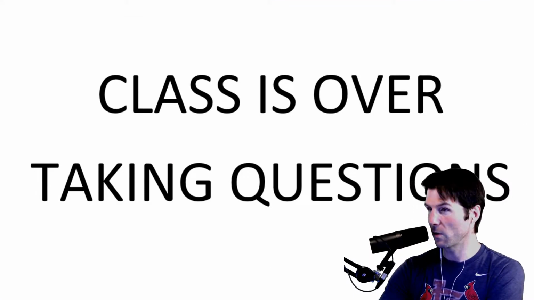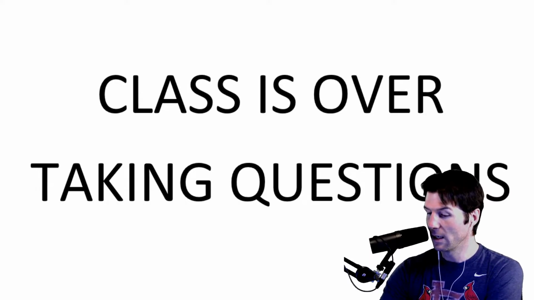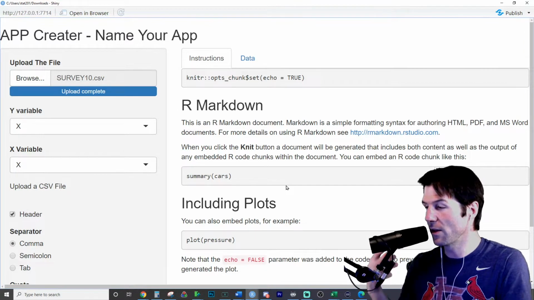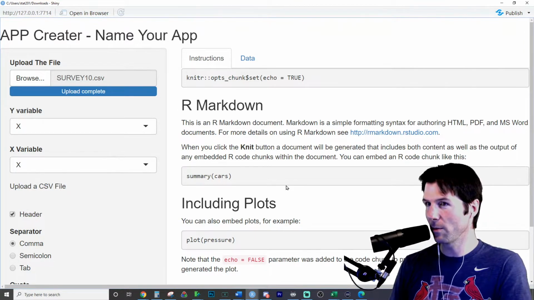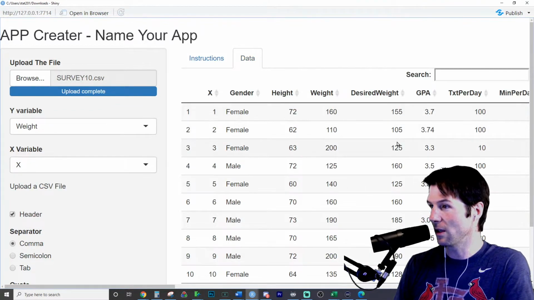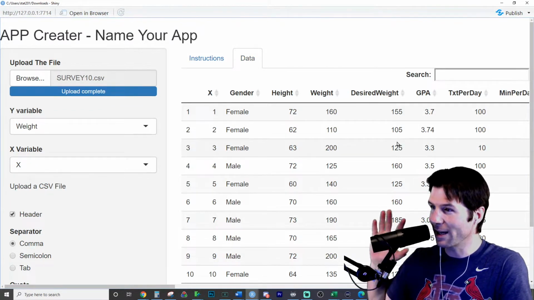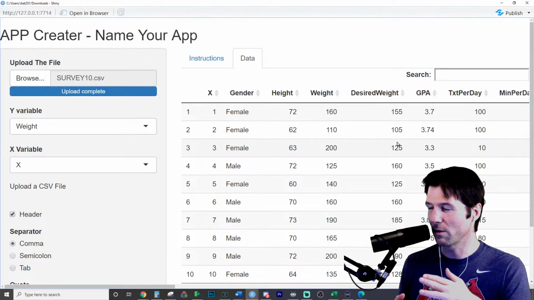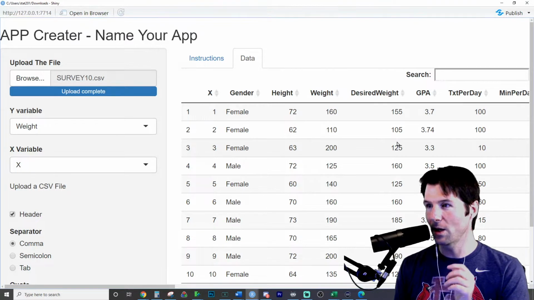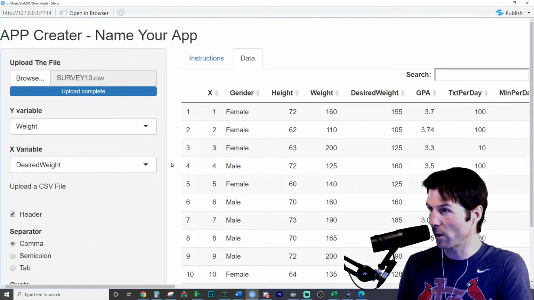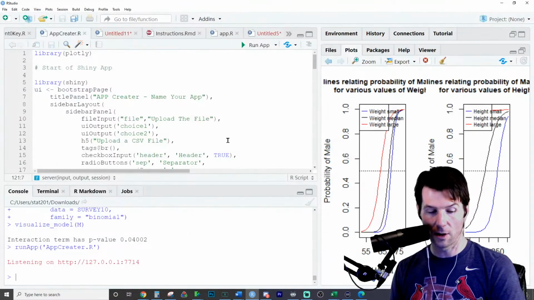Now, I wrote a lot of this code right here. Part of this code is mine, and part of this code is what I found online because I had to create all the pages and stuff. But I basically am giving people this template to use where you can go through here and investigate data. So this is actually being run in R. If you're thinking about 474, 475, this is 475 actually. You'll be working with this sort of build I made where you can select your X and Y variables. And we're kind of starting off with the basics.